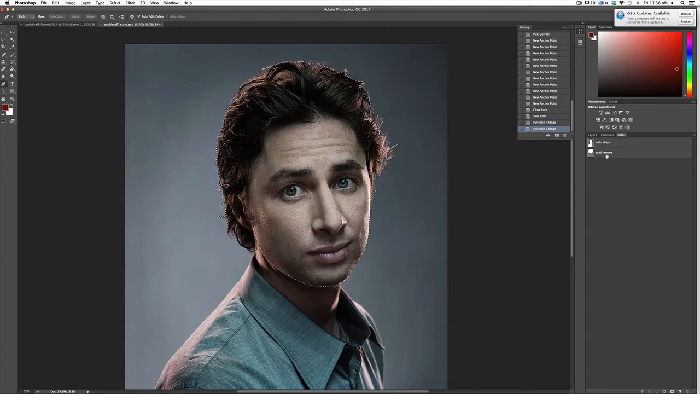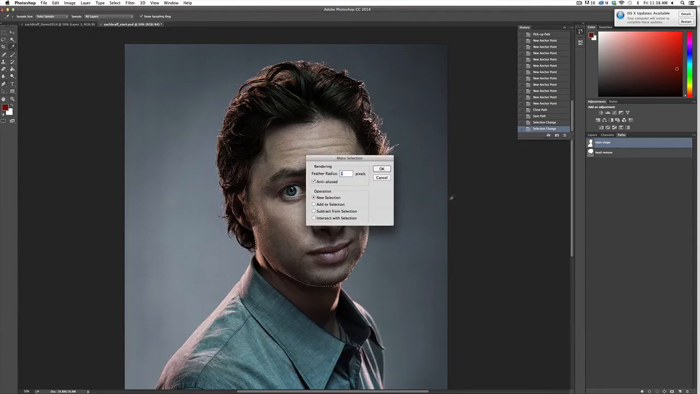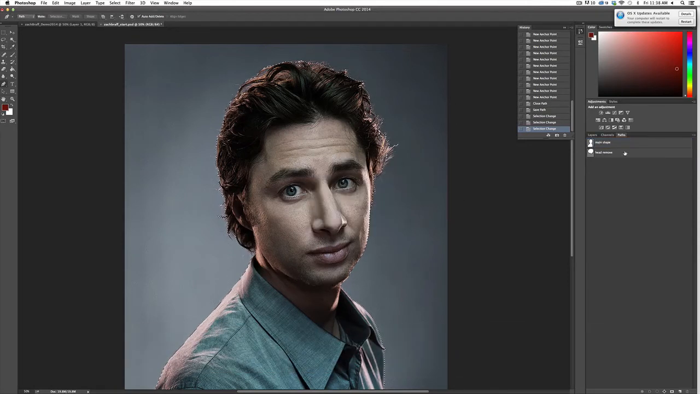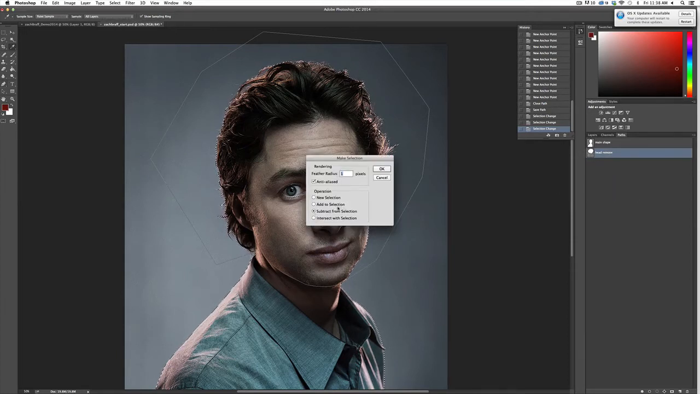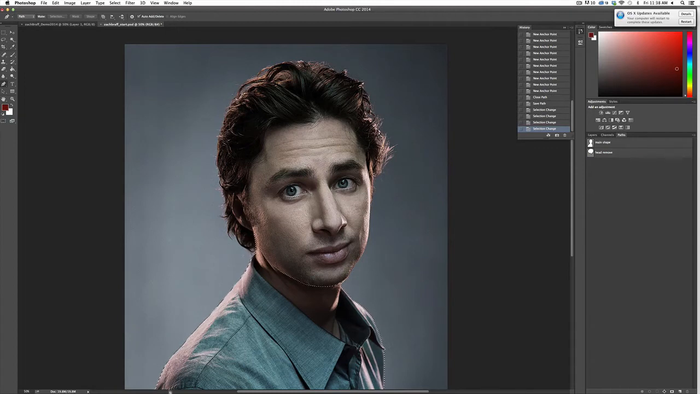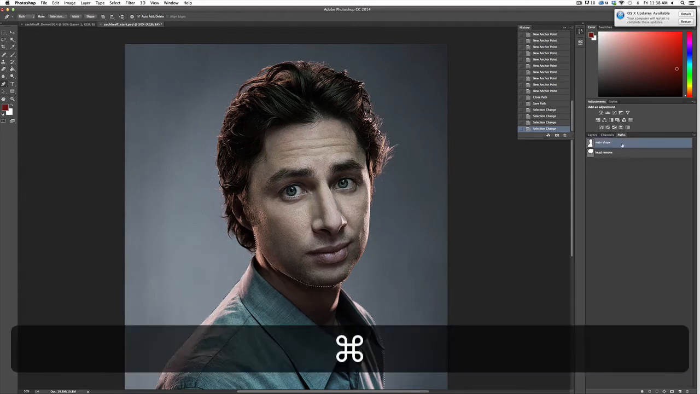Okay, so it makes our life a little bit simpler, okay? And if I wanted to cut out just the bottom part, I can turn this into a selection, make selection, 1 pixel feather, and I can subtract the head. So I can choose make selection again and choose subtract from selection, and now you can see I have only the bottom part. Okay, so what I am going to do is on my main shape here,